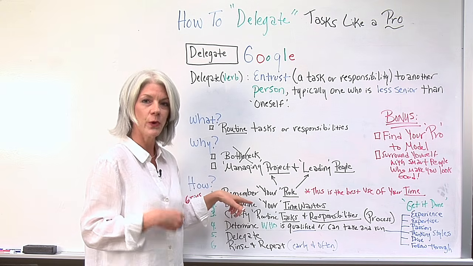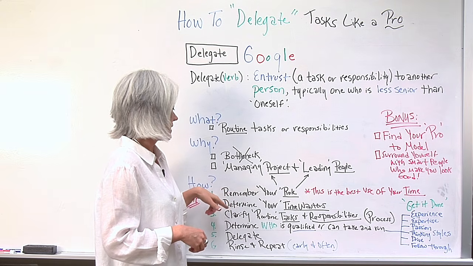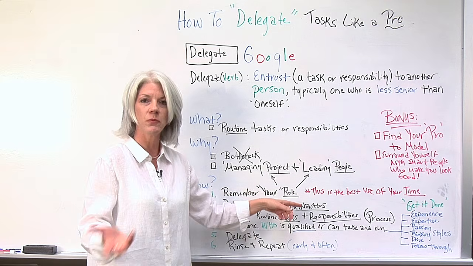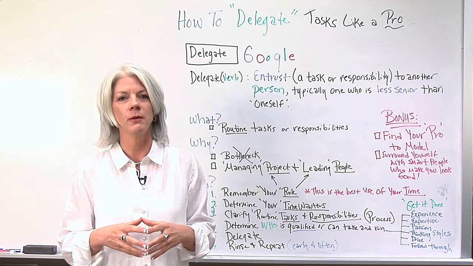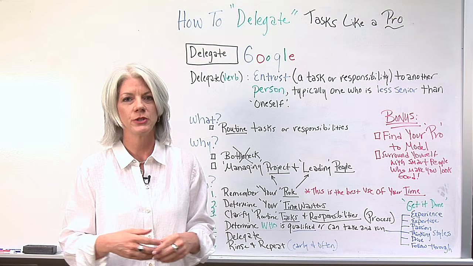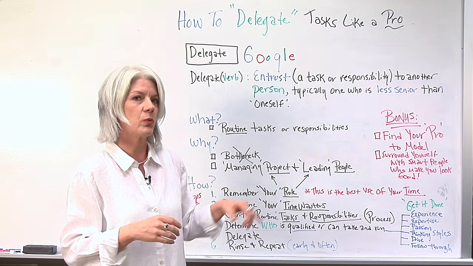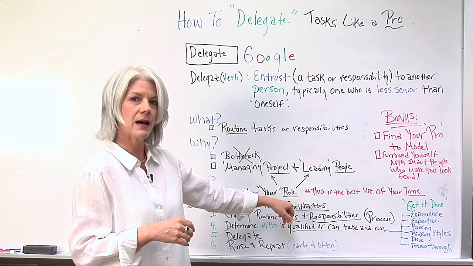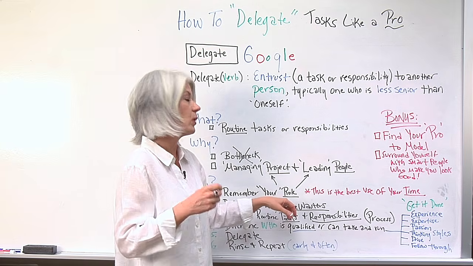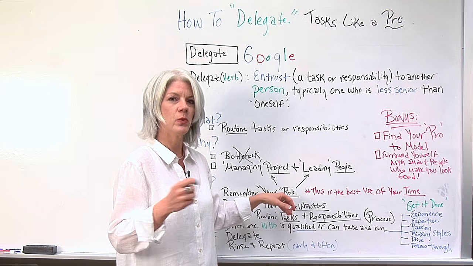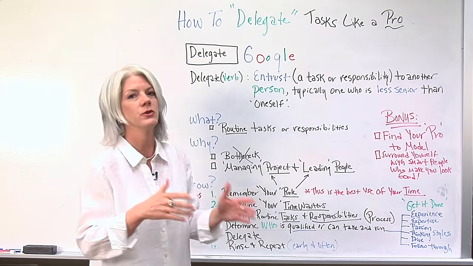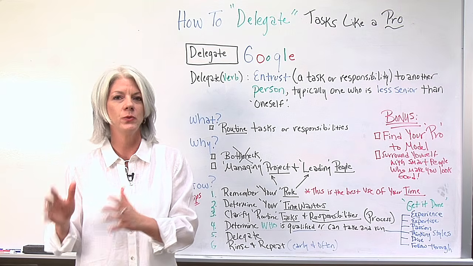So remember your role as the project manager. And number 2, determine your time wasters. What is taking up most of your time? So you want to find out where am I wasting most of my time? Not using most of your time, but wasting. Wasting meaning what can you delegate to someone else so you can have more time to do what you want